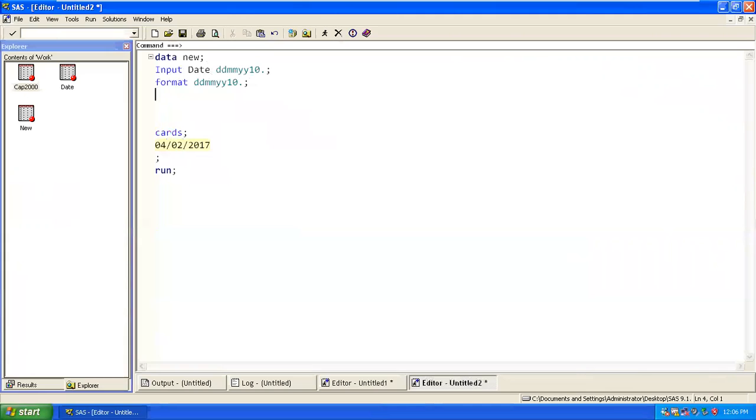Suppose you want to extract the day from a particular date. We have a keyword called day, applied to whichever column you want. If you calculate month, you can extract the month from a date column.